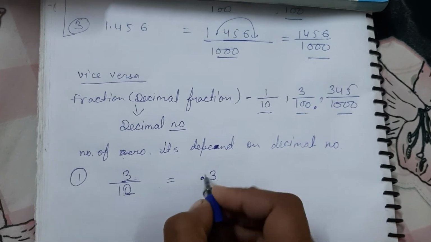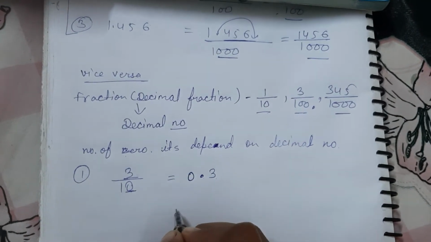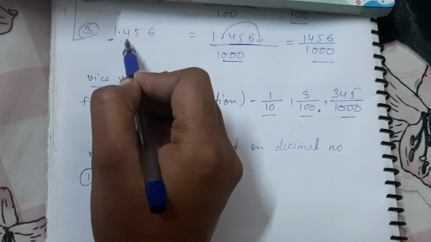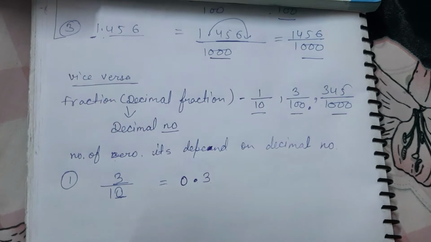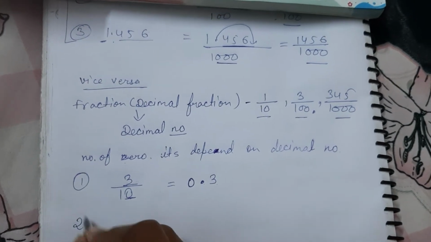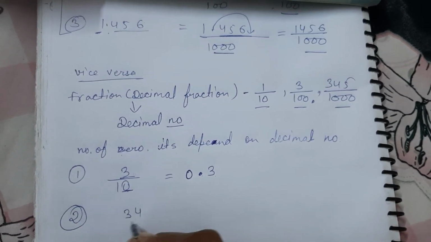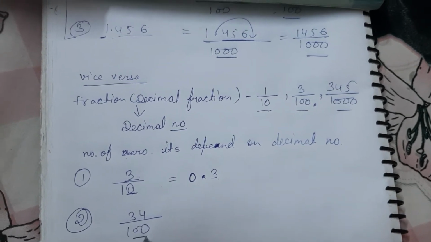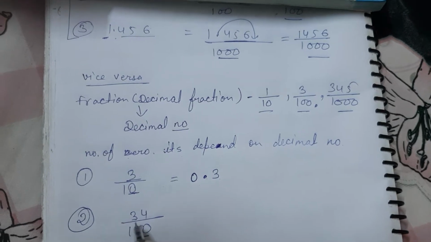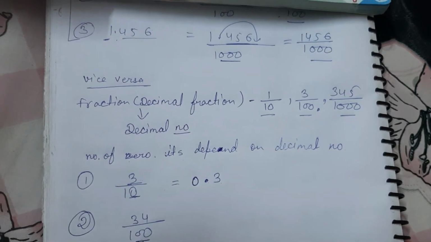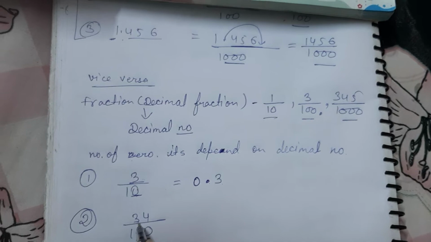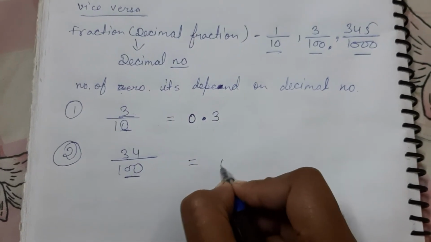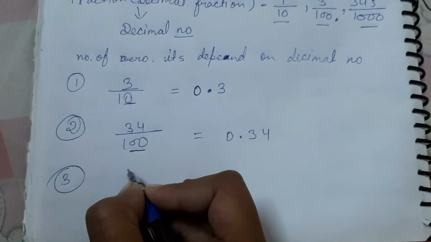If no whole number is there, then you can take here the 0. You know it, before the decimal that is called a whole number and after the decimal that is called a decimal number. Okay, now one more example I can take, 34 upon 100. So how many zeros are there? 2. Okay, so here is a 2 0. It means in numerator 2 digits should be there. So two decimal number you have to put here: 0.34.